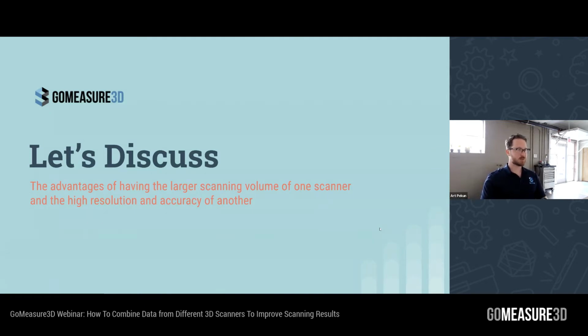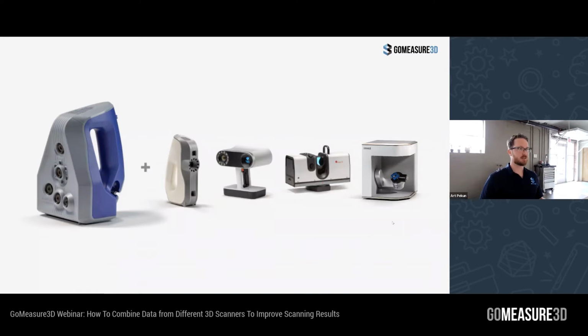Throughout this presentation, if you've got questions, go ahead and ask, but we'll be discussing the advantages of the large scanning volume of some of the scanners and then the higher resolution and accuracy of others. We'll demo all of the scanners today, the entire lineup, and that is the Micro, the Space Spider, which are the front runners of that high resolution scanning, to the EVA, the Leo, and the Ray. All of that scan data can be aligned to create a lot of volume and really high detail,